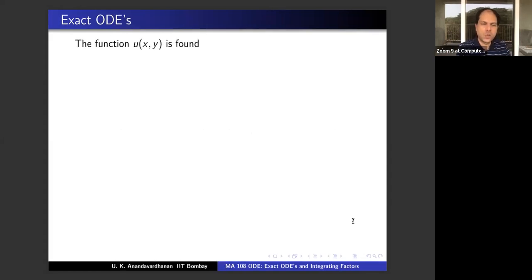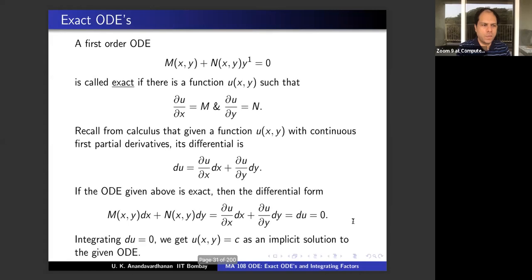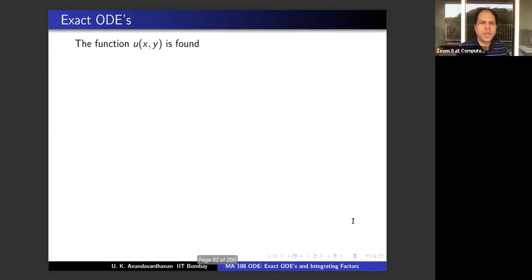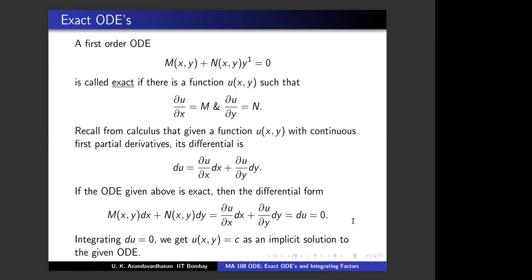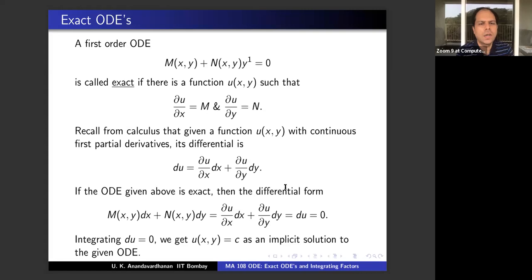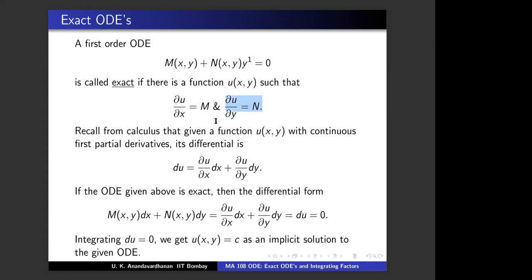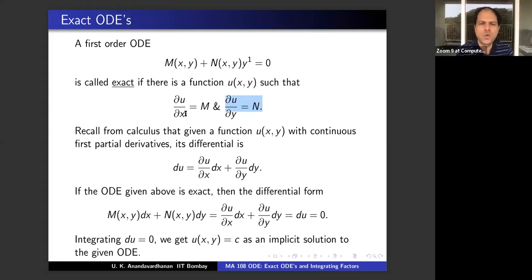Oh, okay, and this also is a method that you have done in 111, right? You had this method of calculating the potential. It's the same method. This is just another language. So the function u of x y, do you remember this? How to find this u of x y? What you do is, we compare both. This is given to you and this is also given to you. So choose one of those.